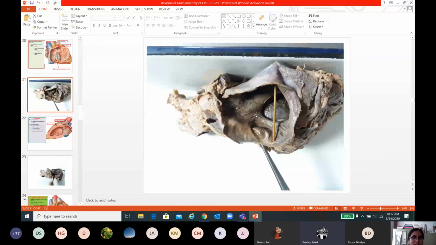Boundary: what is this elevation? Tendon of Todaro. What is this opening? Coronary sinus. Which cusp is here? Septal cusp, septal leaflet. Yes, these are the boundaries. And what is the content here? AV node. Okay, very good.